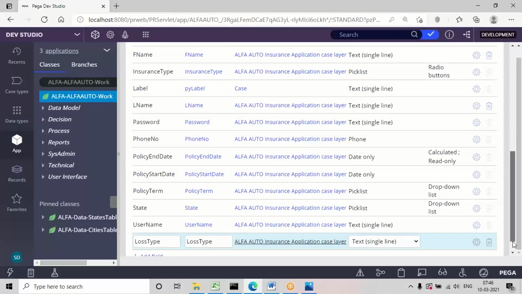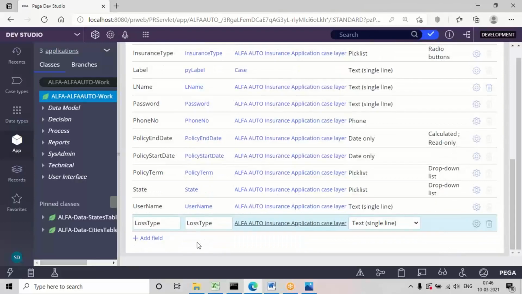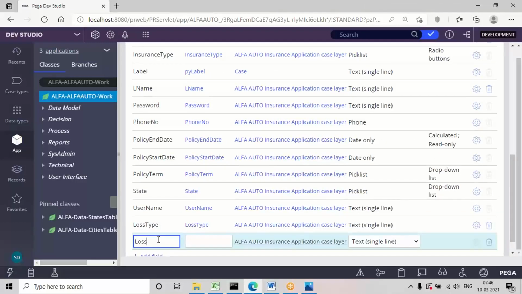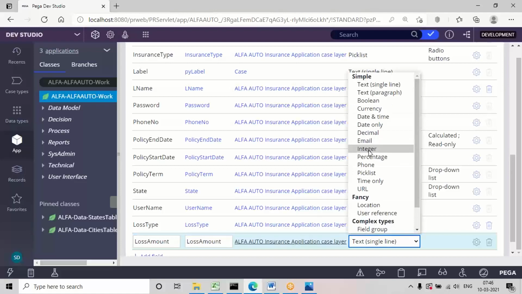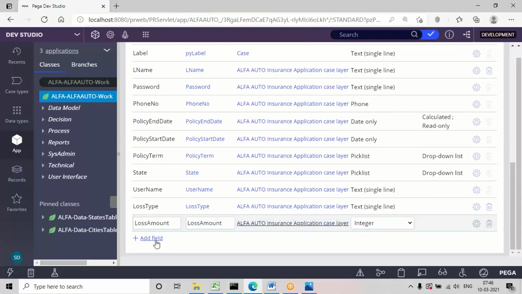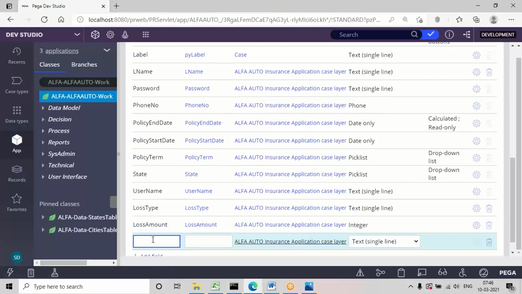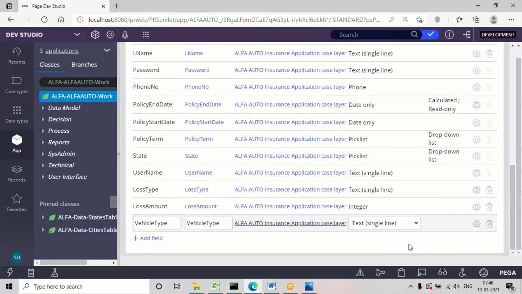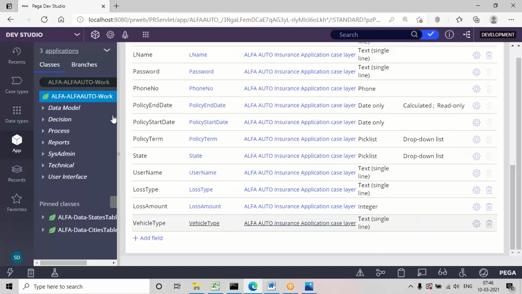So here I'm taking some 2 to 3 fields. I've just taken some fields in this.